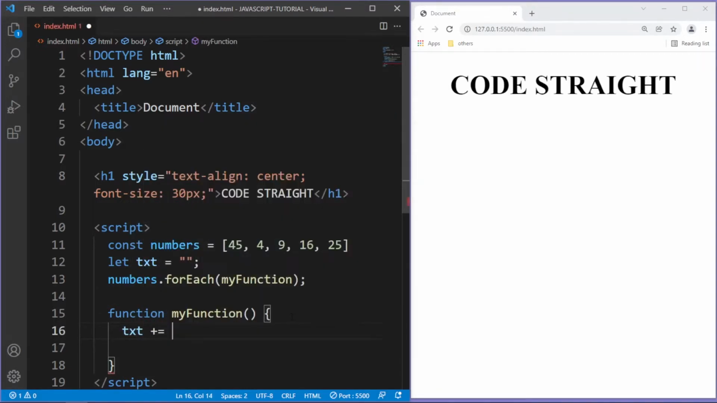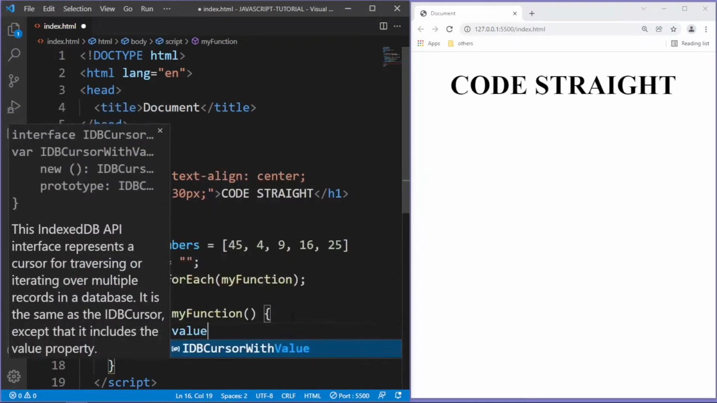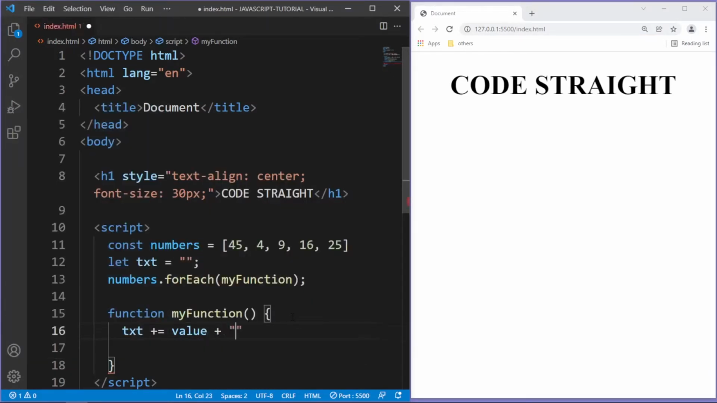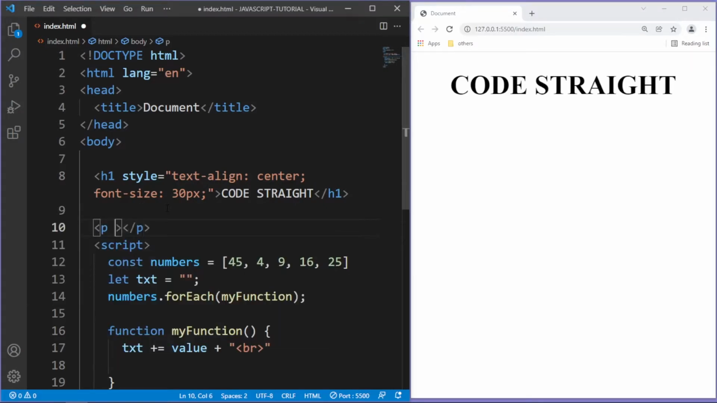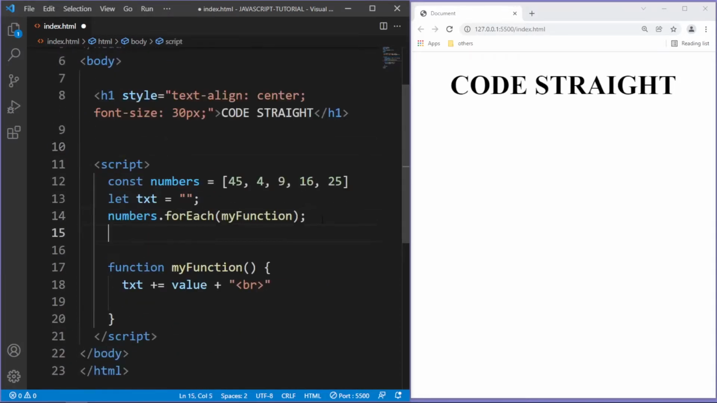Let's come in here and type text plus equals value plus quotes, and I'm gonna type in here line break, and just come in here and type paragraph tag, and I'm gonna give it an ID of say demo. Or let's come in here, just leave this tag. I'm gonna console log txt,